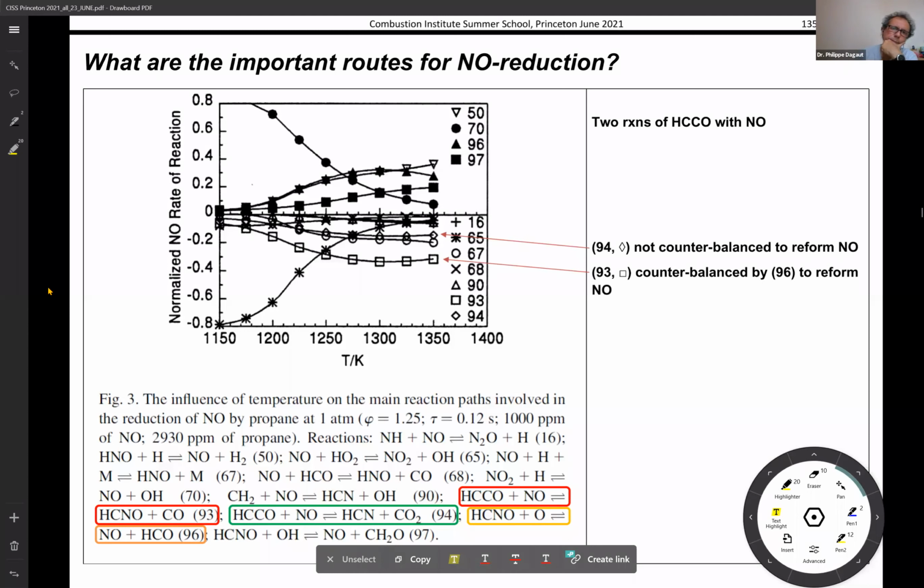So here we plotted the normalized NO rate of reaction as function of temperature,